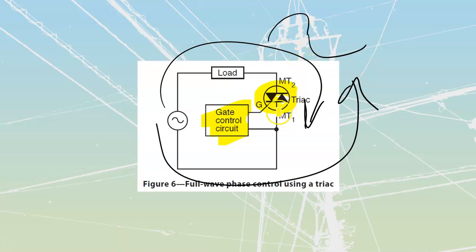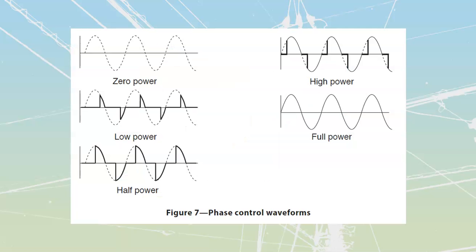And because it is still built in a lot of ways similar to the SCR, it's also going to commutate when that holding current drops below zero, which is really handy because all of our waveforms drop below zero 120 times a cycle, right? 60 hertz. So we're going to drop once going positive to negative and once going negative to positive. We can use these things to, once again, give us full control all the way from zero, where we've got it completely shut off, to full power, where we are going to allow more and more of that